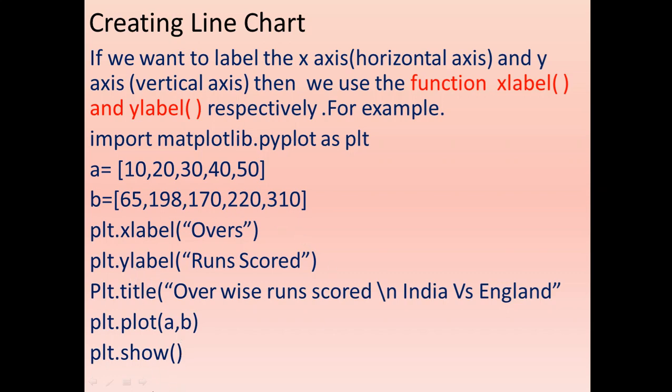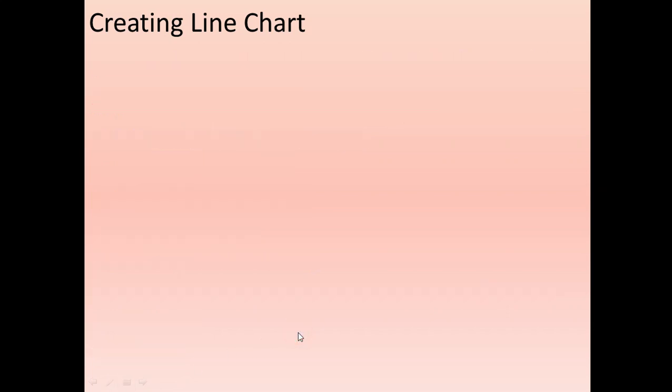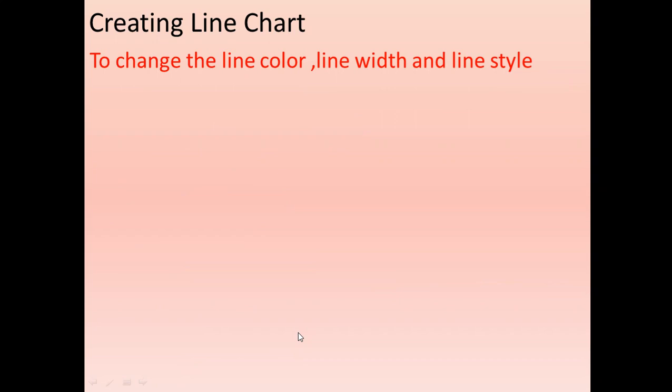Till now we have used three more functions of the pyplot module. Next we will see how to change the line color. As you had seen, the blue color was coming, and I had told you that the color can be changed, along with the width of the line. If you want to display a thicker line or a thinner line, that can also be changed. And the line style: in the previous case we had seen a simple line was coming, and that line style can also be changed. So how will it be changed?